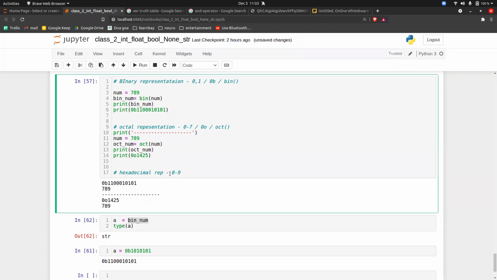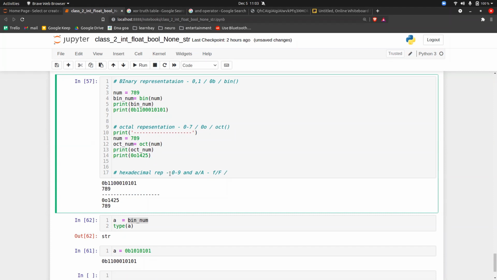But we are still lacking 6 values. So in that scenario, we use small a or capital A till small f or capital F. So A, B, C, D, E, F, 6 plus 10 is how much? 16. So this is how hexadecimal numbers are represented.